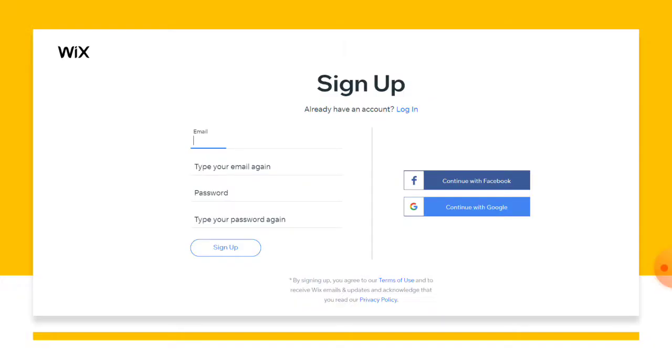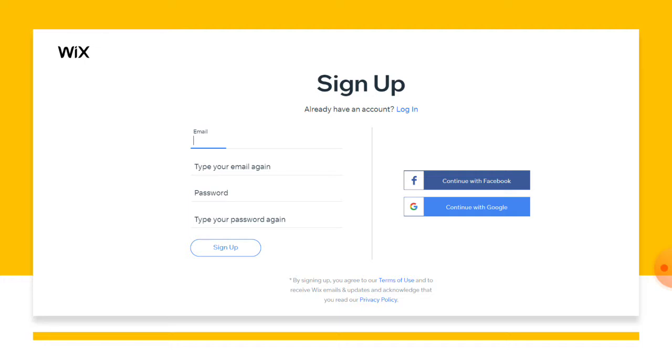In the address bar, type wix.com. Okay, so let's start. I already typed wix.com in my address bar. Then you will get this sign up form.